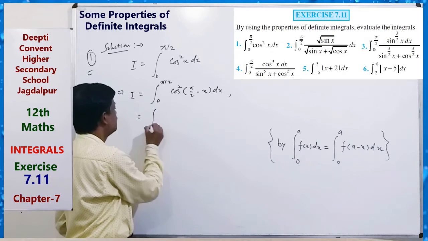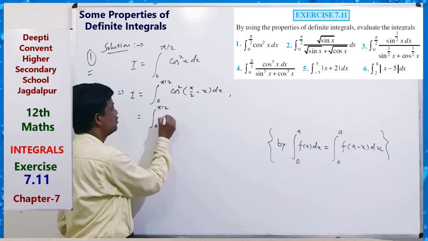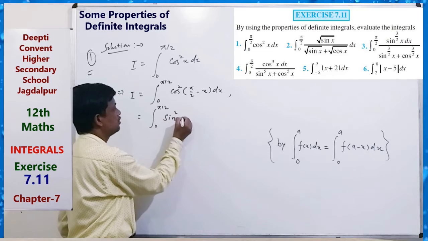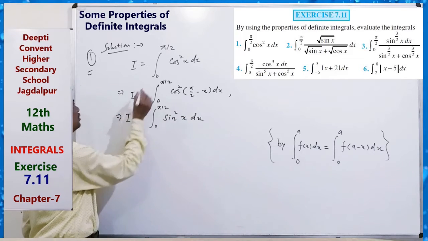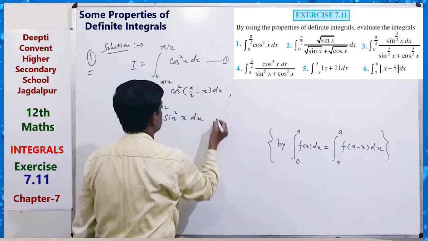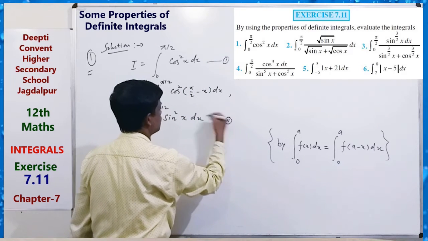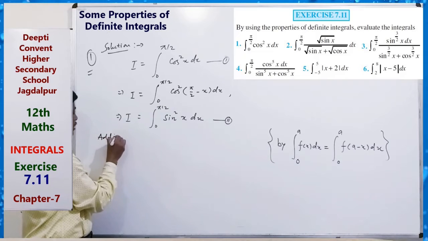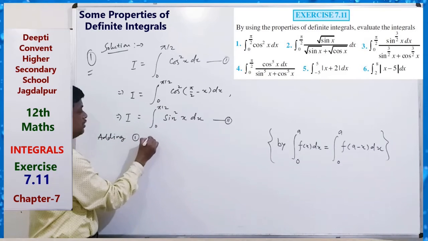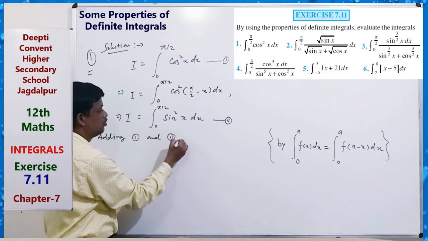So we can write the integral from 0 to pi by 2 of sin square x dx. So I equals this, equation 1, and I equals this, equation 2. So adding 1 and 2, we get